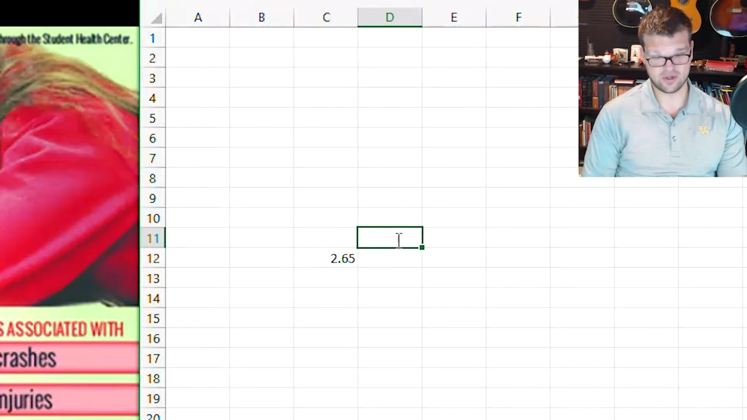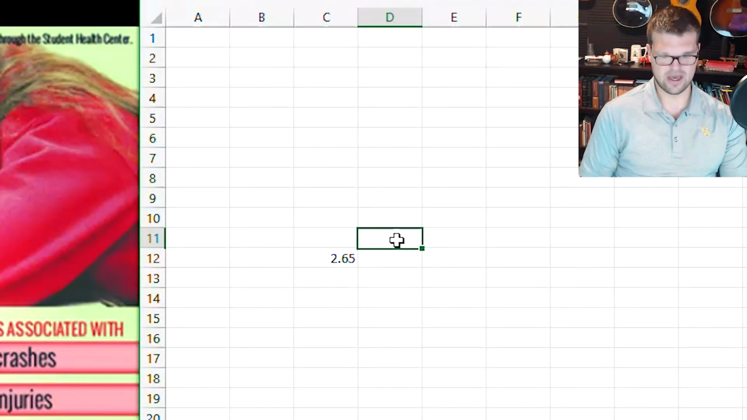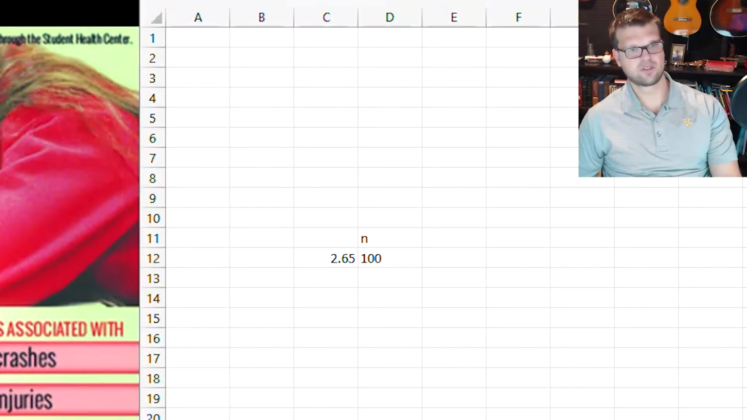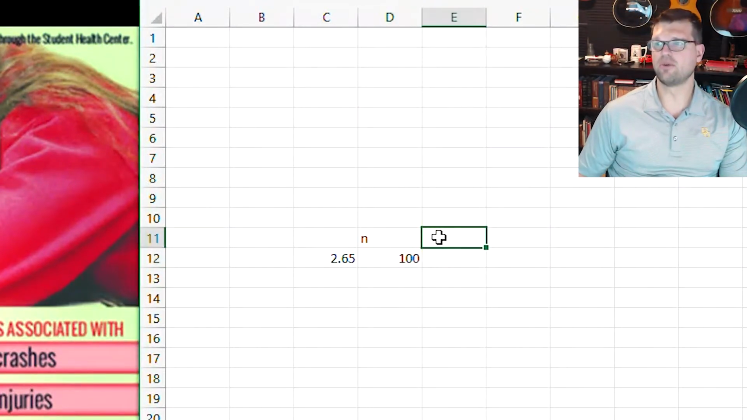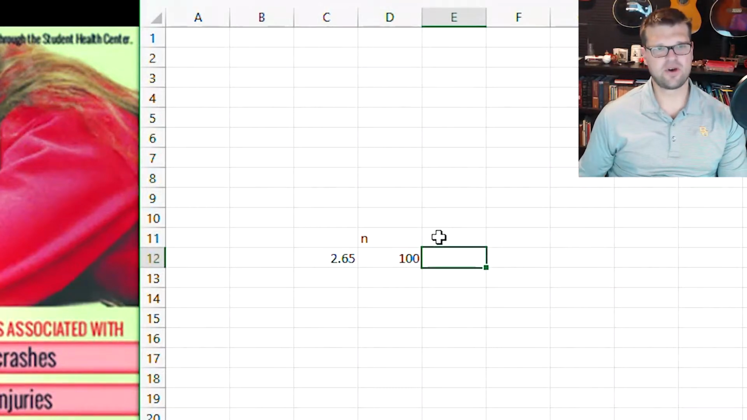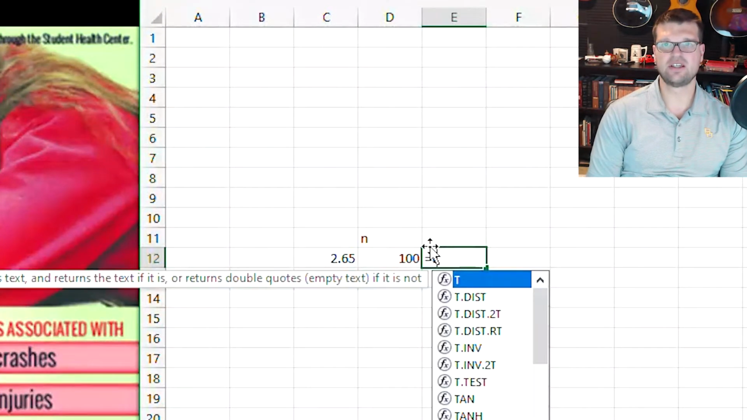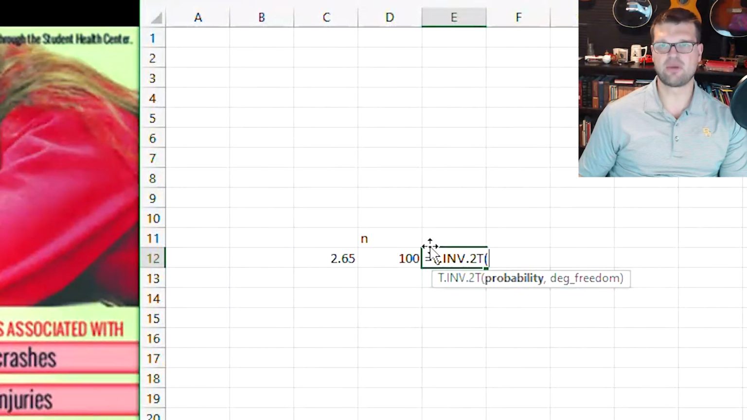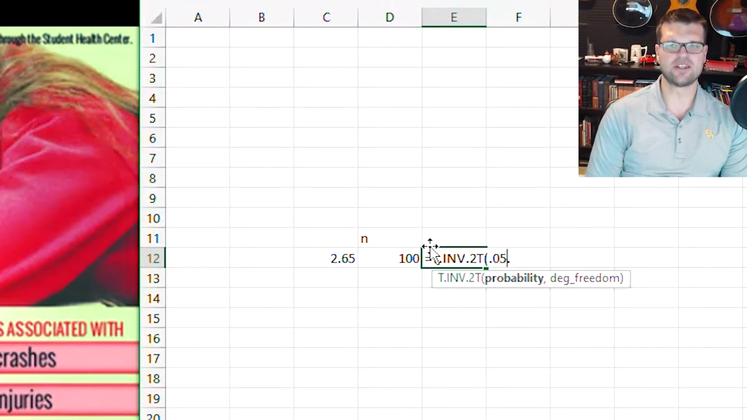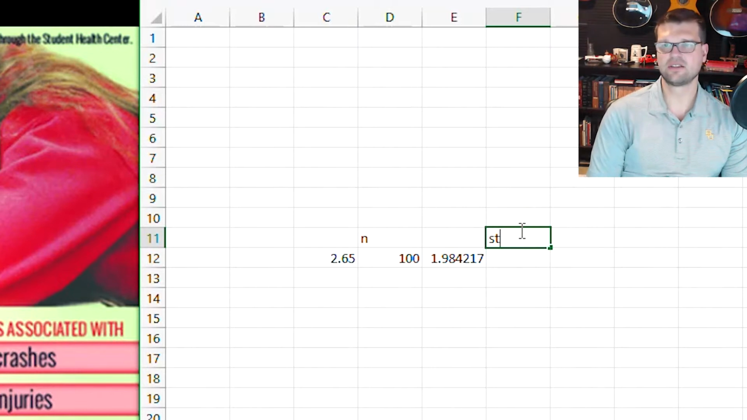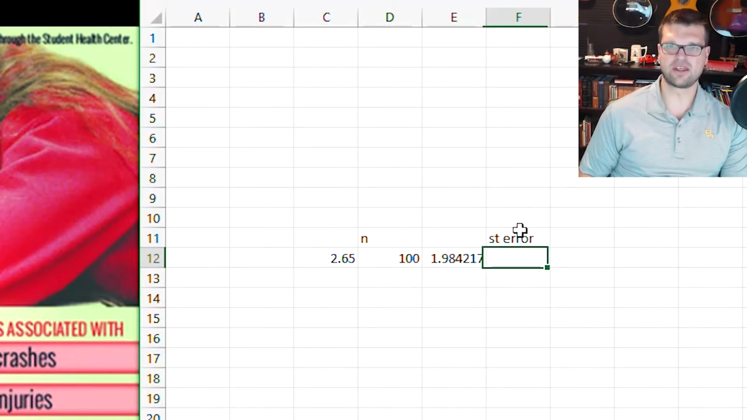Say for instance they surveyed 100 people. Okay, so we've got a number. We're going to put 100 people. So say they surveyed 100 people, and we don't really know the standard deviation. So we're going to do this: equals T.INV of the probability. We're going to put 0.05 for 95%, and then the degrees of freedom. We'll get to this a little bit later, but 99. Okay. And then let's see what comes next. We're going to calculate the standard error. And so we're going to take the